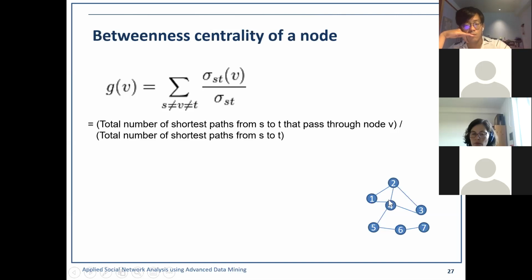The number of shortest paths that go through node 4 is 1, and the number of shortest paths from 1 to 6 in general is also 1. So that's the calculation we have to perform, this ratio, and basically it takes into account how much my node V connects communities. So let me switch